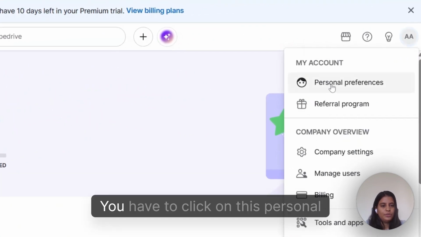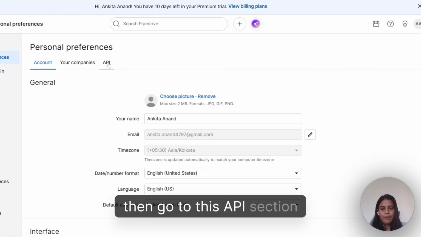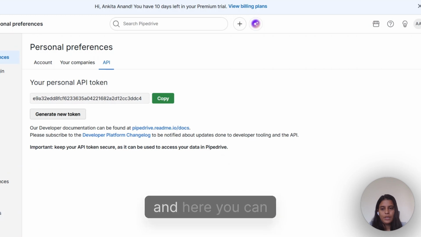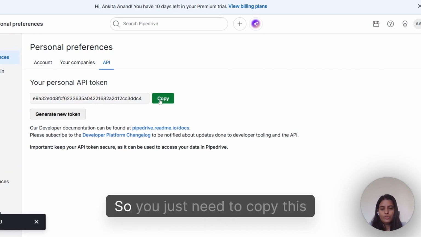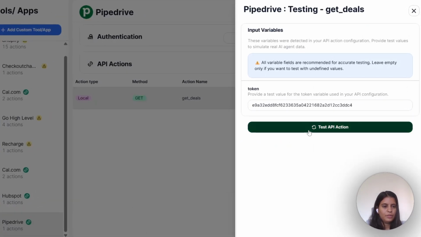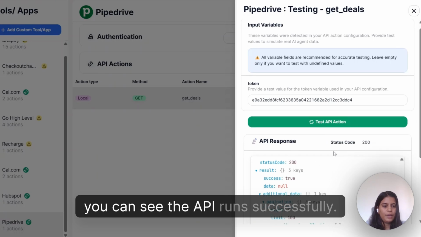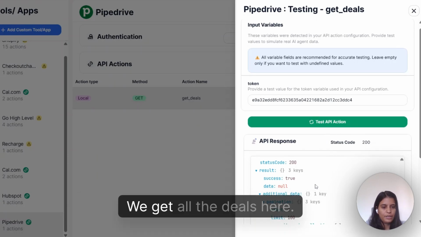Here you have to click on this personal preferences, then go to this API section, and here you can see this API token. So you just need to copy this and paste it here and click on this test API action. You can see the API runs successfully. We get all the deals